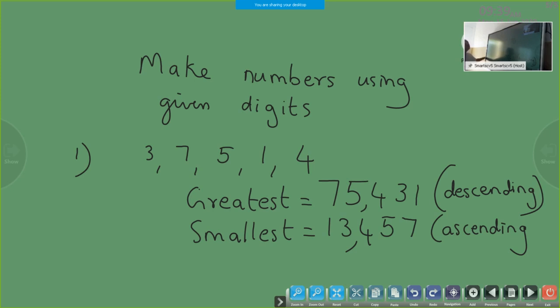In the next class also I will explain more examples on this concept. Don't think that I'm going to stop this topic today. We will do some more questions with numbers having zeros in the next class. Hope you all understood. Very little portion we learned today, only to arrange in ascending and descending order and to make numbers using the given digits.